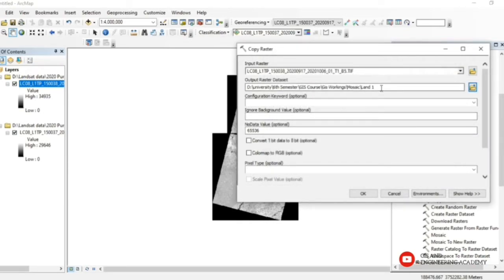Then I have to specify an extension to the file that I have been saving. So I will type it as .tiff in front of land 1. This will basically save the raster file in the TIFF form so that we can use it in GIS software. Then we have to move to the other options. I will select this option and bring it to 0,